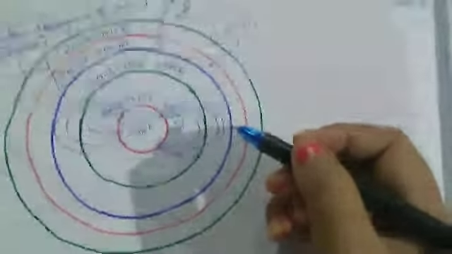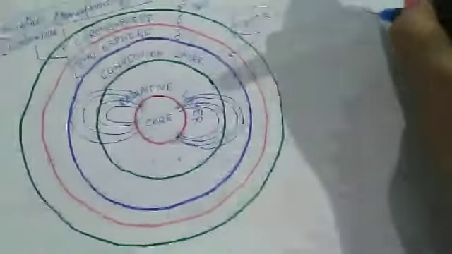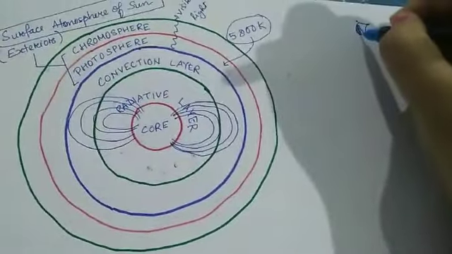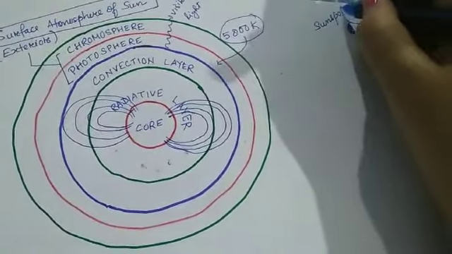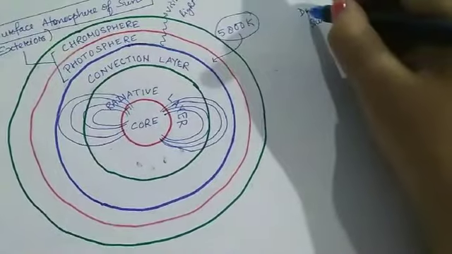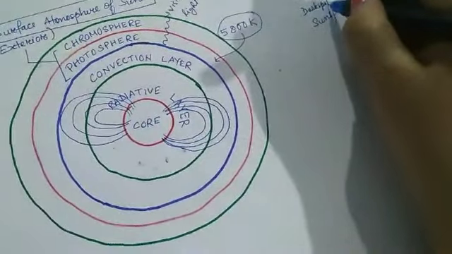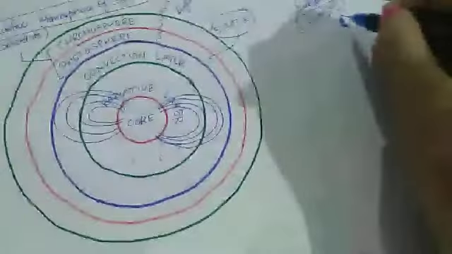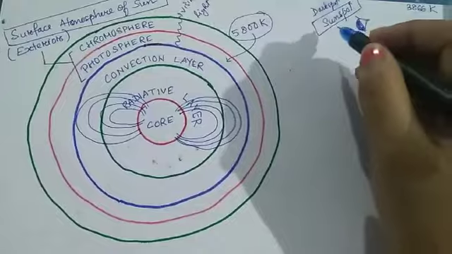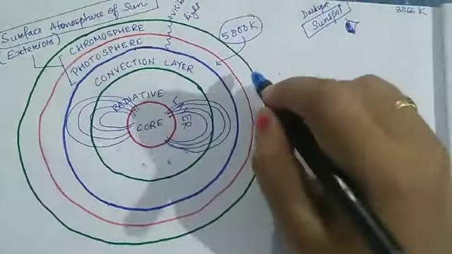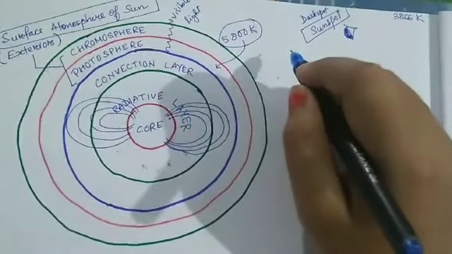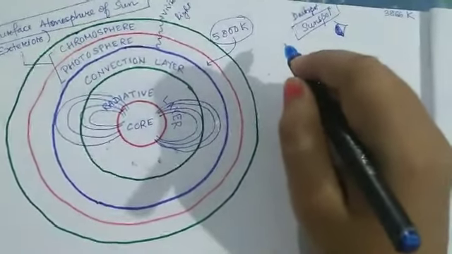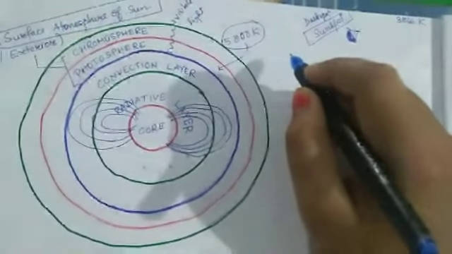Now in the photosphere, if you observe the sun from earth, you might have seen some dark spots on the sun. These are called sunspots. And what is the reason for that? The sunspot is basically related to the photosphere. You just remember, you may be asked in the exam which particular region of the sun is associated with the appearance of sunspots. It is the photosphere.